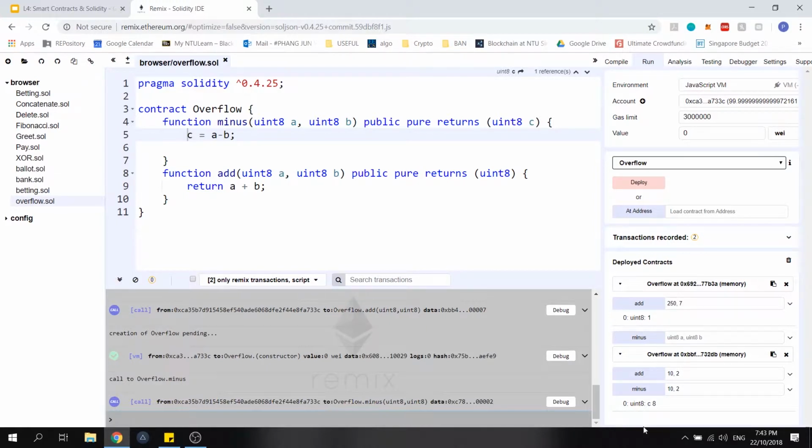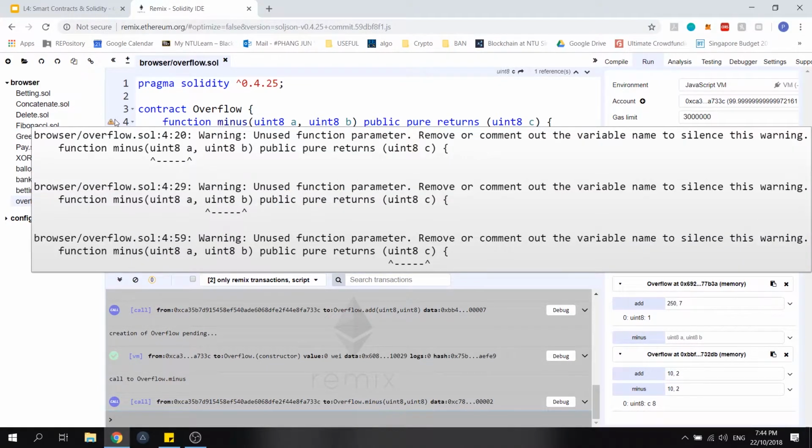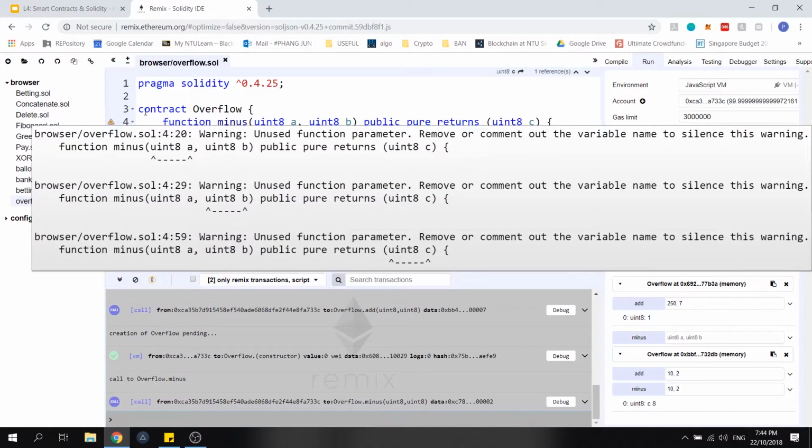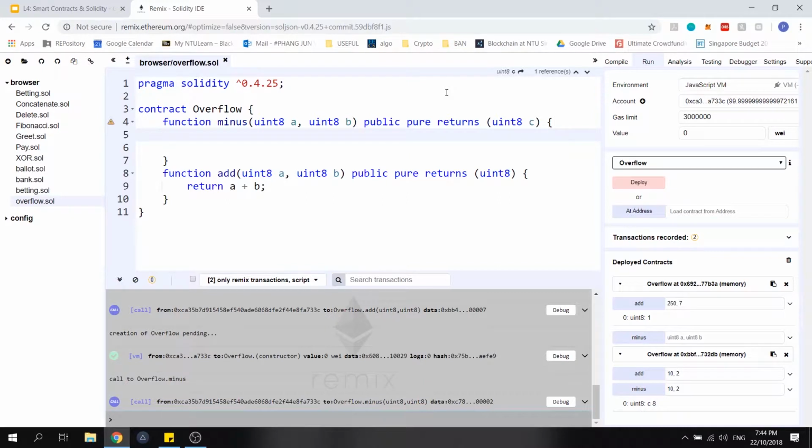Okay? One more caveat. What happens if the function body is entirely empty, there's nothing inside the function body? What will happen? I think you throw an error. No. Okay. No, so this is related to